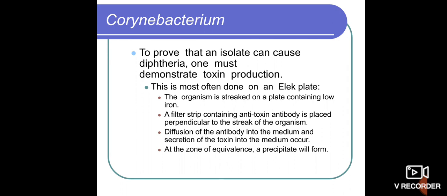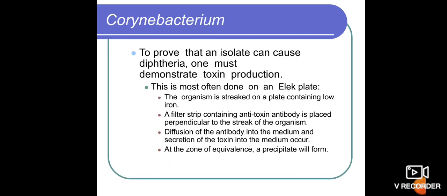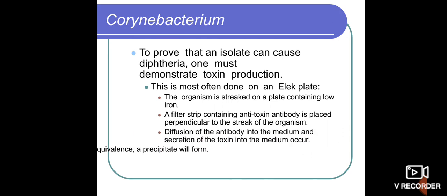So mainly the visible effects are generally seen in laryngeal and pharyngeal diphtheria, not in the cutaneous type. For showing this toxicity, the Elek gel precipitation test is used for the detection of toxicity, that is, in